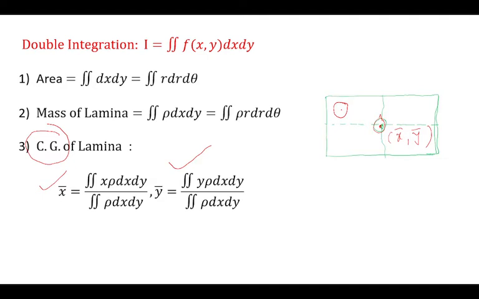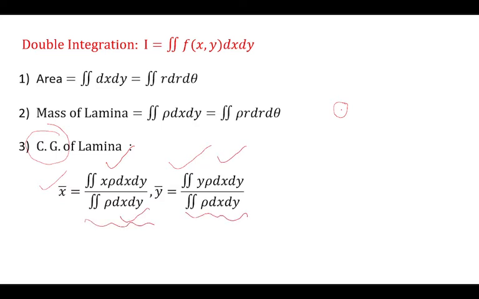Remember, this topic is not in the old syllabus, so this is the first time in your syllabus. And obviously the CG examples are very lengthy. So the question of CG will be really simple, because you have to evaluate two double integrals, not two. If the question is for the entire CG, you have to find 1, 2, and 3. The denominator of both x bar and y bar is the same, so that's okay. But at least 3 double integrals you have to evaluate, and then you replace those values, and we get that CG, the centroid.